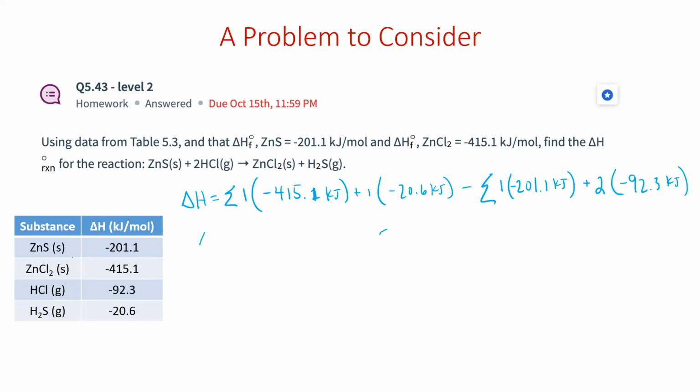We multiply, we can add those together. I get delta H equals negative, what? 435.7 kilojoules minus a negative